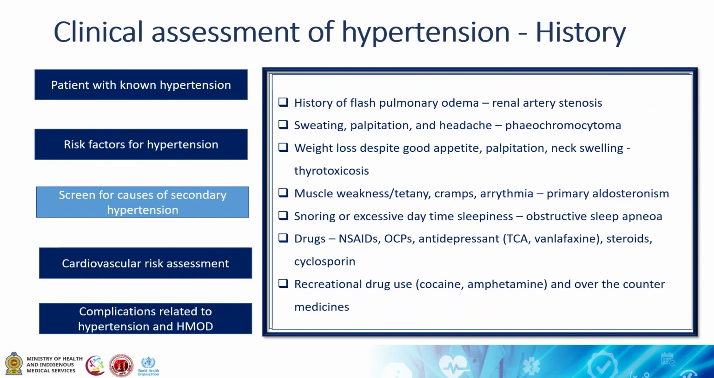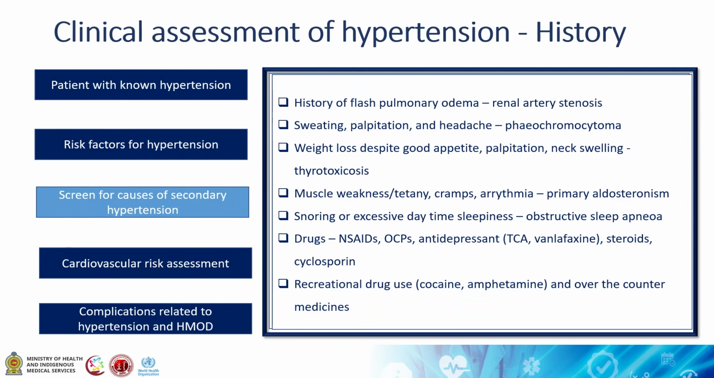Screen for causes of secondary hypertension. In the history, a history of flash pulmonary edema, renal artery stenosis, sweating, palpitation and headache, that is pheochromocytoma, weight loss despite good appetite, palpitation, neck swelling, that is thyrotoxicosis, muscle weakness, tetany,